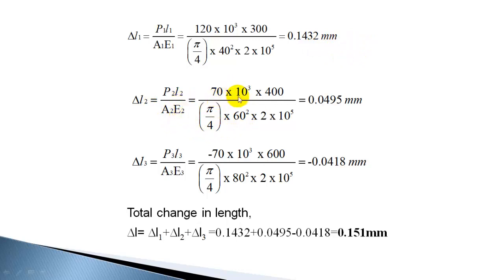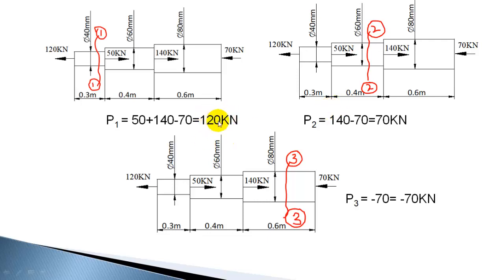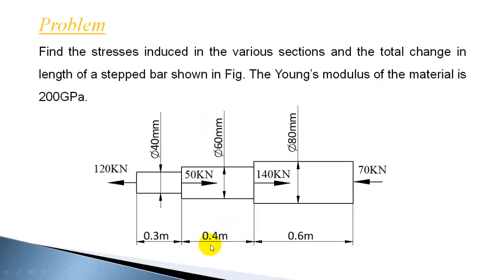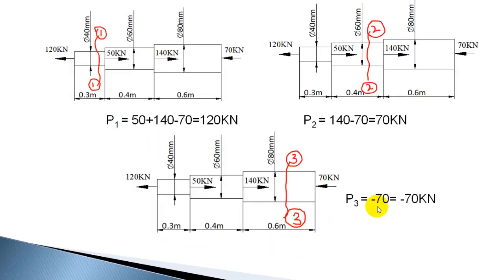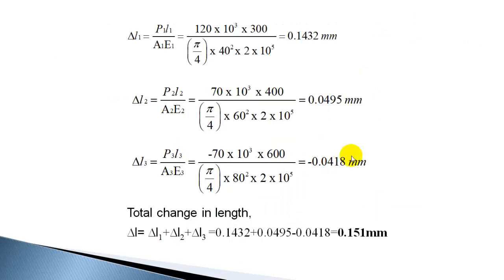Similarly, you can find out the change in length of second section, and the load in that section is 70 kilonewton, so 70 into 10 raised to 3 Newton. The length of that section is 400 mm because it's 0.4 meter. 0.3 meter means 300 mm, 0.4 is 400 mm, and 0.6 is 600 mm. So 400 mm, and the area of cross section is substituted, and the Young's modulus is 2 into 10 raised to 5, which works out to